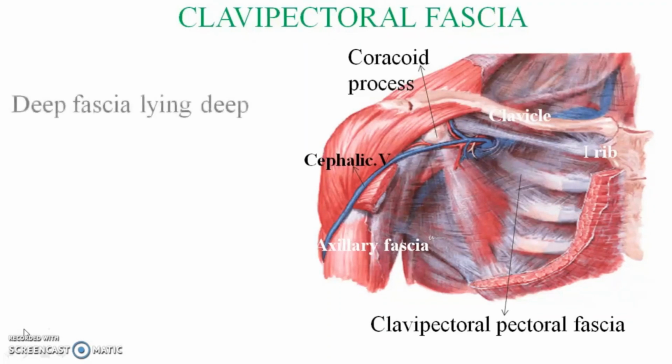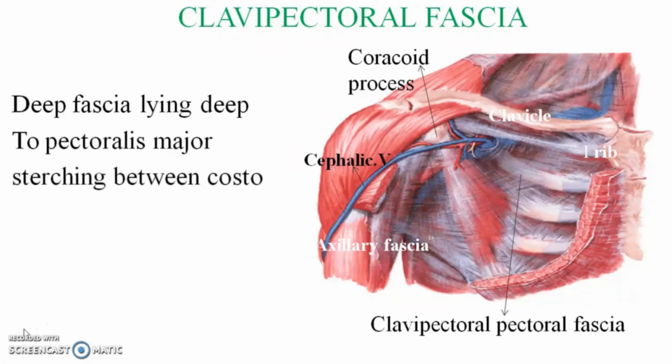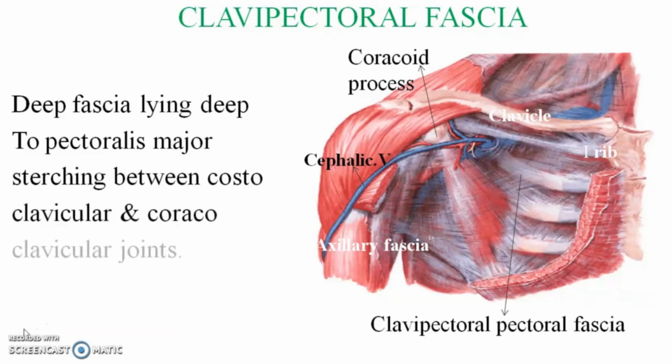So coming to clavipectoral fascia, it is nothing but deep fascia lying deep to pectoralis major, and it is stretching between the costoclavicular and coracoclavicular joint. In this picture itself you can make out. So deep fascia which is lying deep to pectoralis major. In this picture they have removed pectoralis major. So once pectoralis major is removed, you can see a white fibrous sheath. That sheath we will call as clavipectoral fascia, and it is going to stretch between the costoclavicular and coracoclavicular ligament